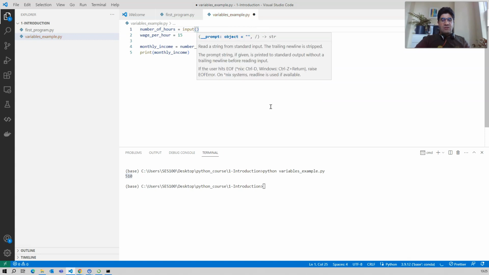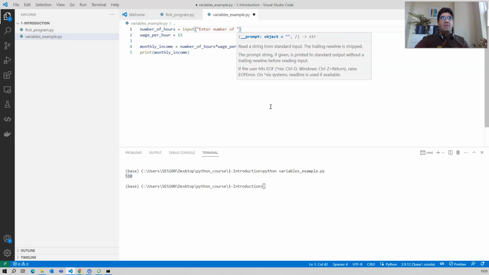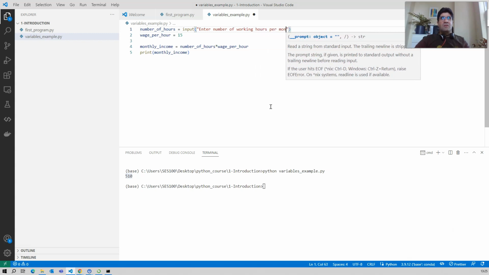Input is a function that asks the user to enter a value and gives you an input to your program. So for example, we can ask: enter number of working hours per month,